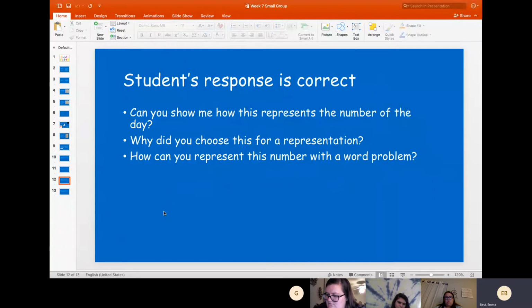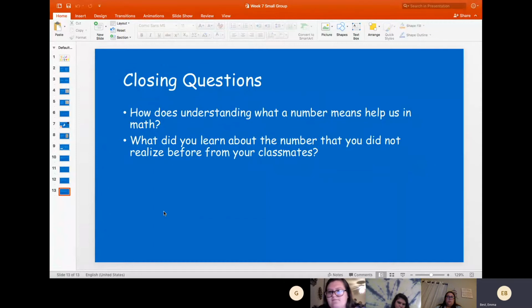If their student response is correct, say, can you show me how this represents the number of the day? Why did you choose this for a representation? How can you represent this number with a word problem, which I forgot to do during my teaching, so I'm so sorry. Some closing questions that I actually want to ask all of you right now is,